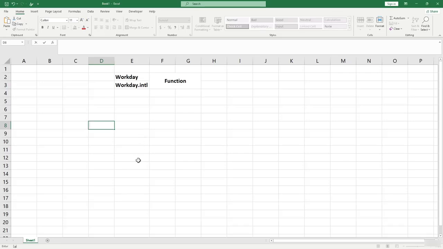So let's dive right in. I'm going to show you with an example how it works. Let's take a look at the WORKDAY function first. The syntax for the WORKDAY function is, if I show you in the Formulas tab, go to Date and Time,